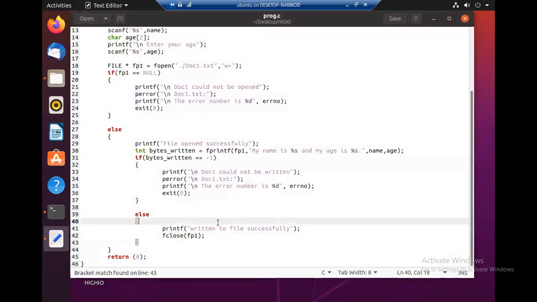That means it came here and it came here. That means none of these errors had occurred. The file has been opened and this text has been written. We'll check whether it has actually been written.